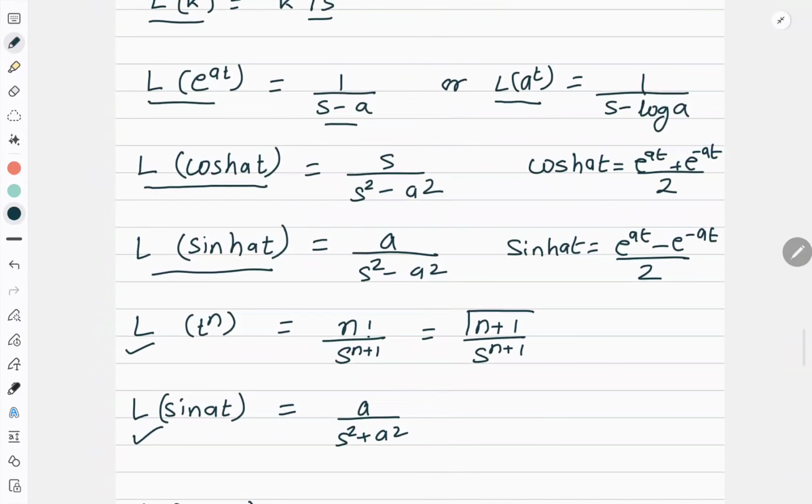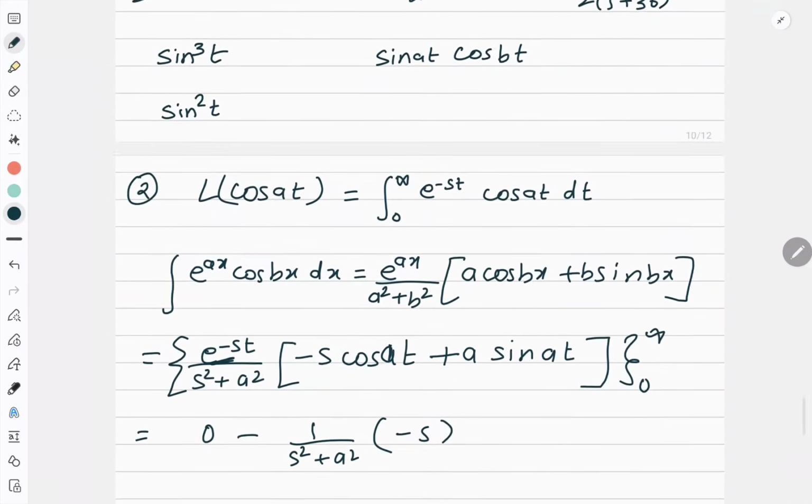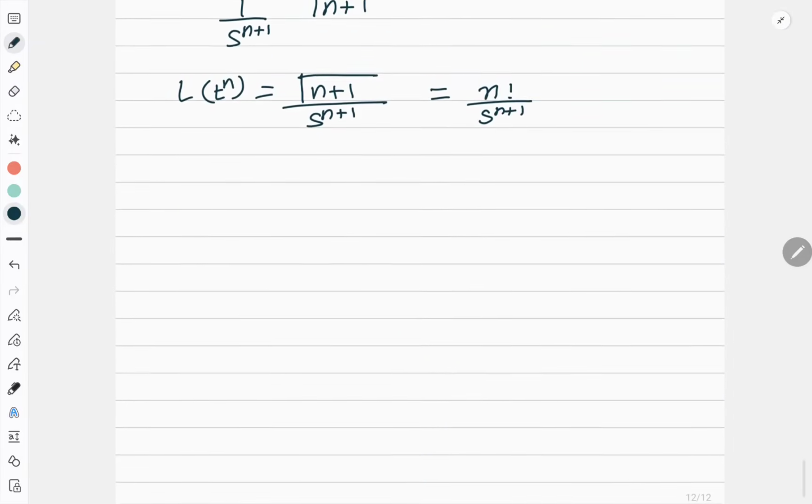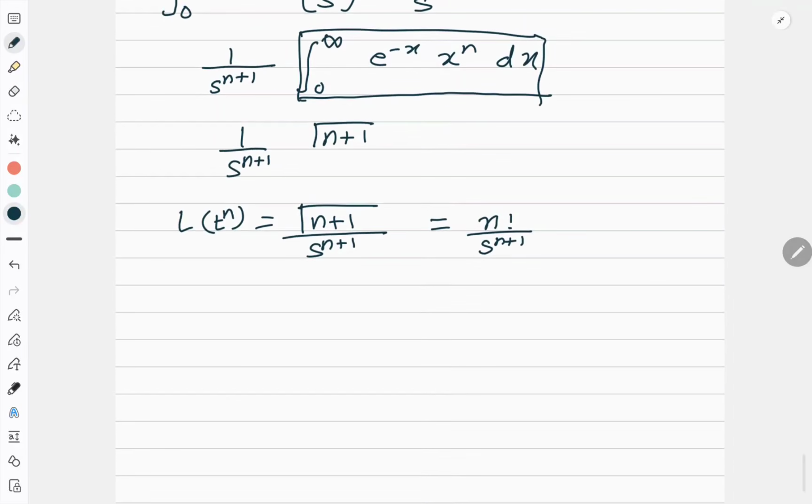See, gamma t to the power n has two formulas. This formula I will be using when n is fractional, and this formula I will use for all the numbers. But for fractional, I will be using the gamma function. Now, here you need to understand a very important concept, how to handle the gamma function. As I said, first I will teach you how to solve the gamma function and then I will tell you how it is coming.